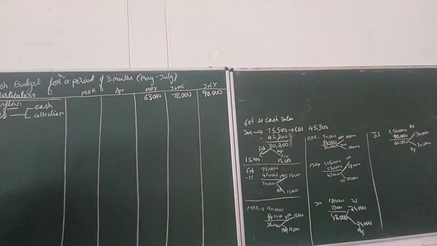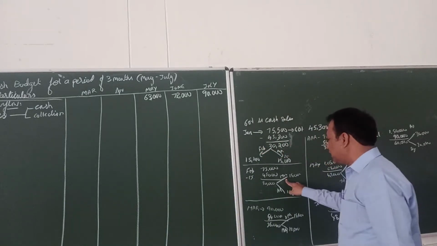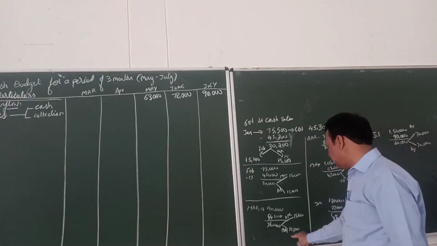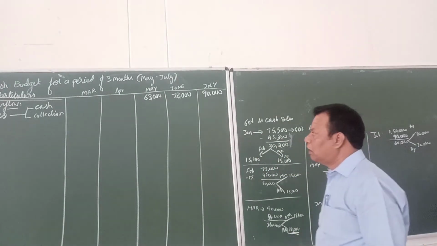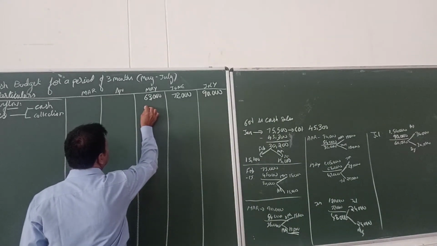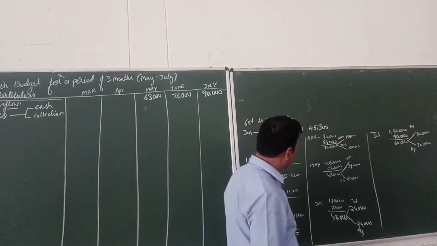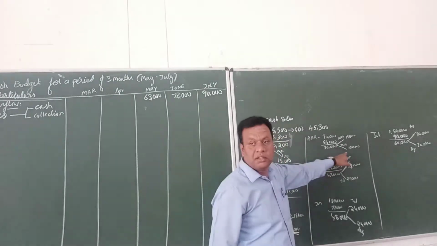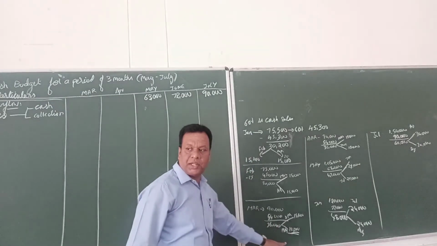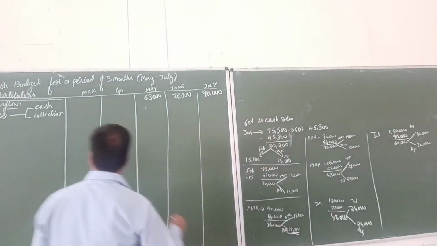Okay. Then collection. How much are we collecting in the month of May? Here 18,000 we are collecting. Correct? So we can prepare a separate working note for that, easy for you. 18,000 plus 18,000. Whatever sales we made in the month of March, we are collecting 18,000. And whatever sales we made in the month of April, again we are collecting 18,000. So totally 36,000.